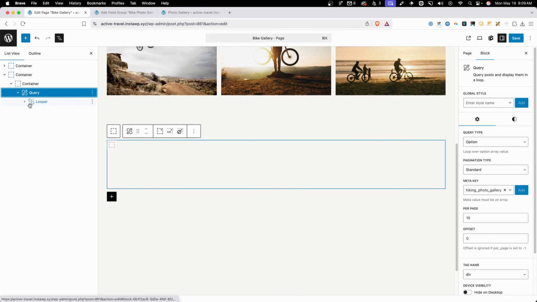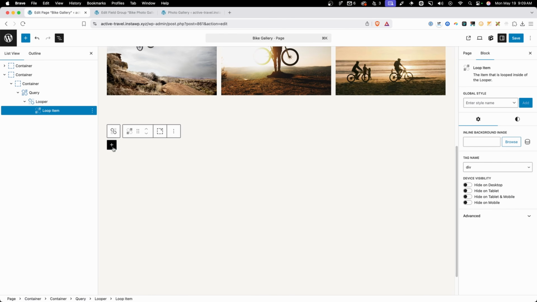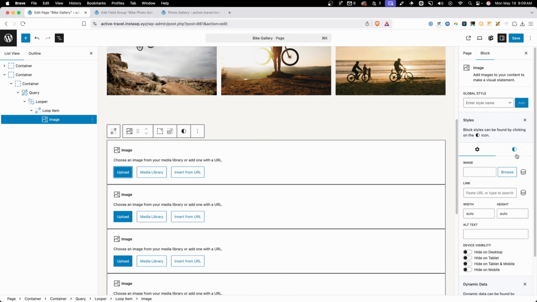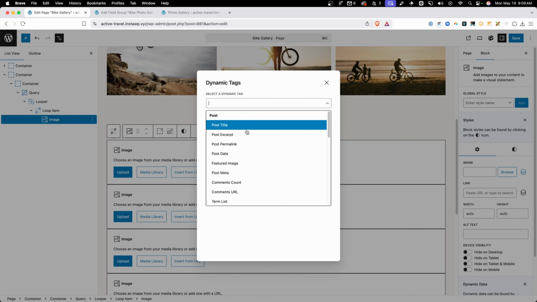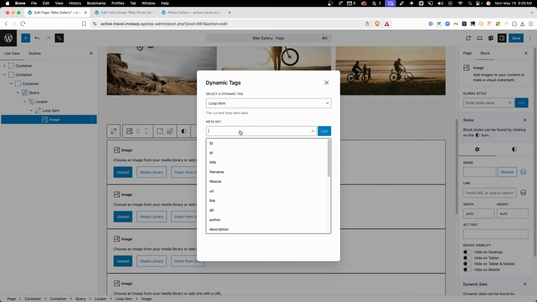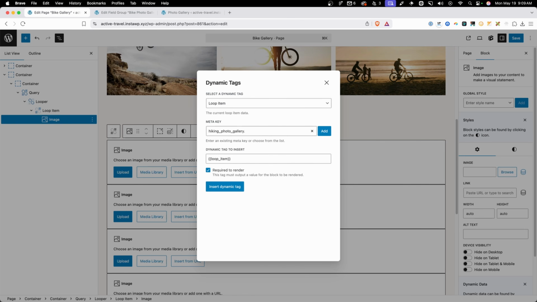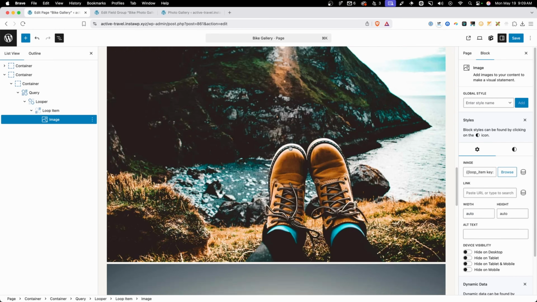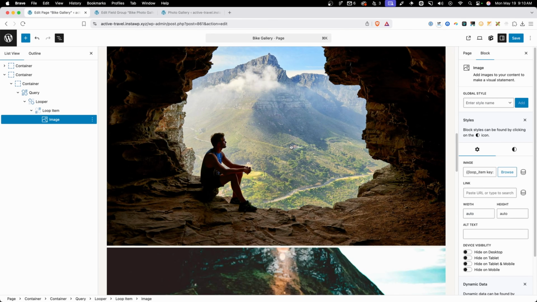Pop open our list view again, and here inside of our loop item, we'll add our image. Then inside the dynamic options, we'll scroll to the bottom to loop item, paste in that meta key and do .url. Go ahead and add that. Insert the dynamic tag, and here we have a gallery of all of our hiking photos. So this is a really cool way to be able to manage all of your galleries inside GeneratePress and GenerateBlocks